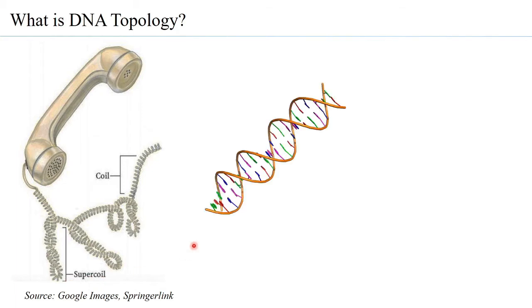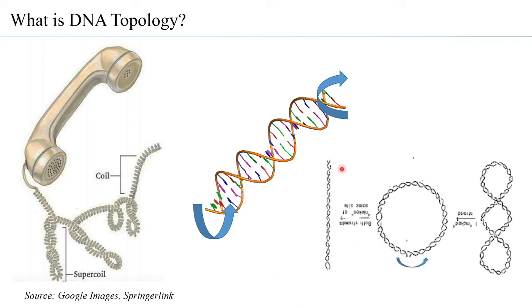Now, interestingly, when you have a linear DNA, that is, when we say that the DNA is linear, the two ends of the DNA are free. Because the two ends are free, when you twist the DNA at one end, there will be a twist, but at the other end, the twist will open up. So effectively, the number of twists in the DNA remains the same. Even if you try to add a twist from this end, a twist will be removed from the other end. So effectively, a DNA which is free at both ends never supercoils.